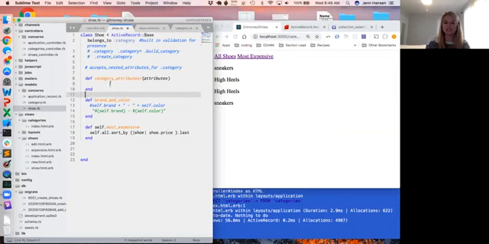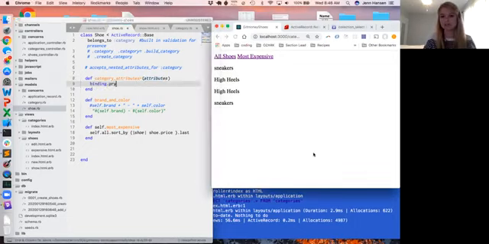And what this is basically, in our method, when we try to create the shoe with the params, this method is going to be called, and we're going to be given any of these attributes. So I'm just going to go ahead and put a binding pry here because I think it's really important to